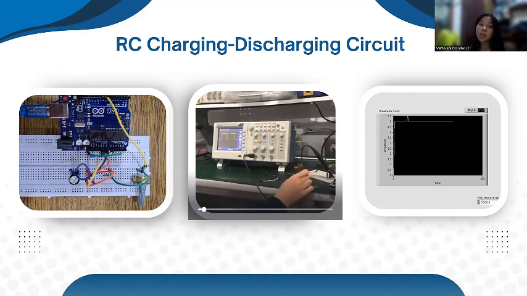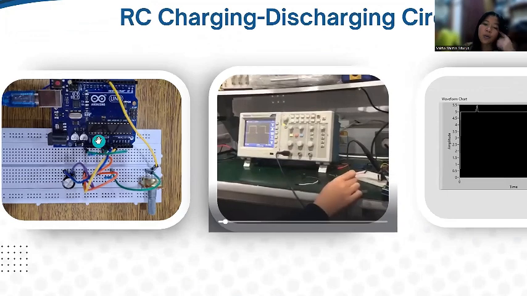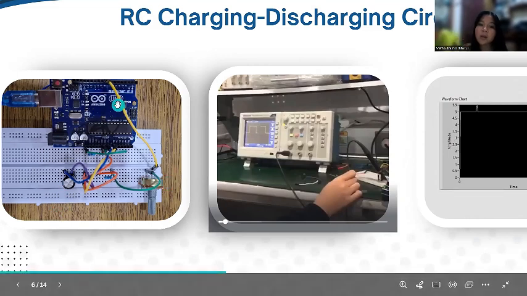Well, the components I use are here. Arduino as the 5-volt power source and analog reader, a potentiometer to adjust the resistor value, a 1000 ohm resistor to limit current and form an RC circuit, a capacitor rated 50 volts to store and release electric charge, and a breadboard and jumper wires for assembling this circuit. Explanation of the circuit paths on the components.